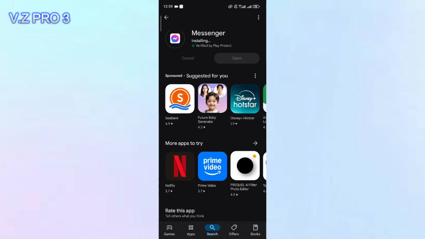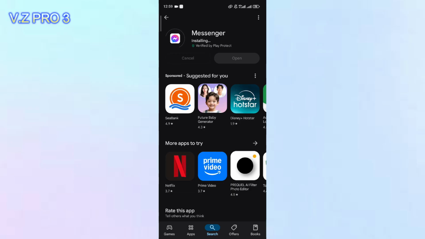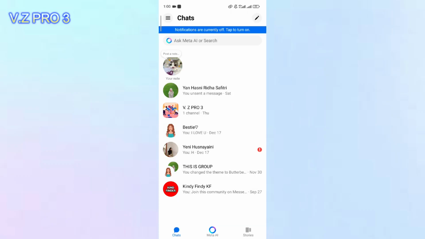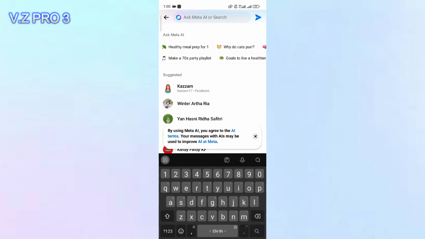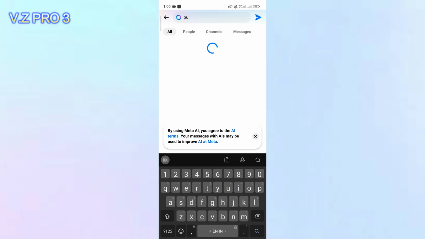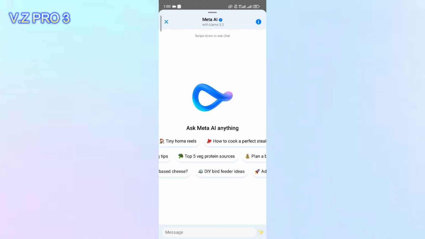After you update the Messenger app, you can open the app. Wait, it's still installing on my phone. Let's wait. Let's open Messenger. And now you have the Meta AI assistant on your Messenger in here, and you can start using this. It's so simple, right? So that is how to use Meta AI on your